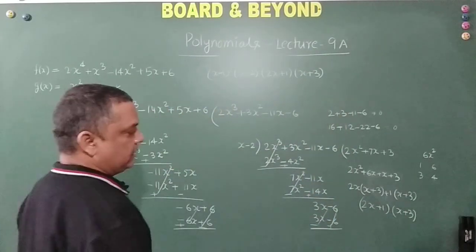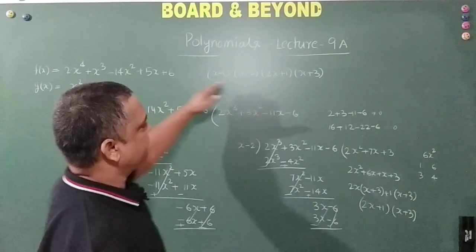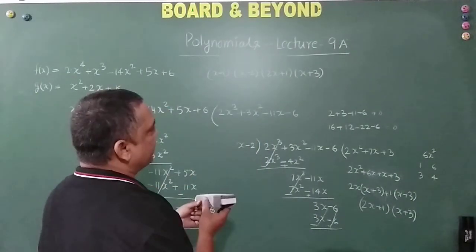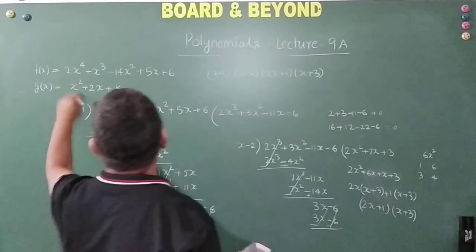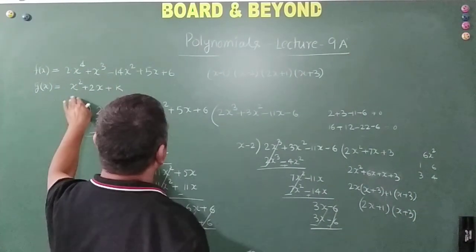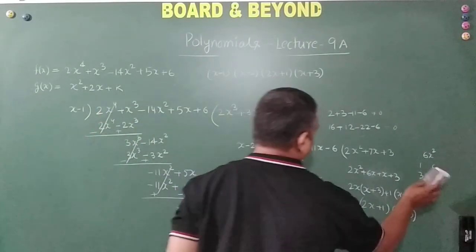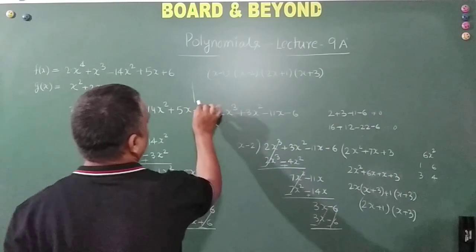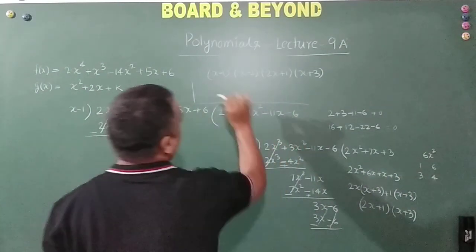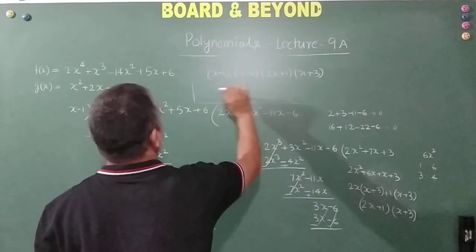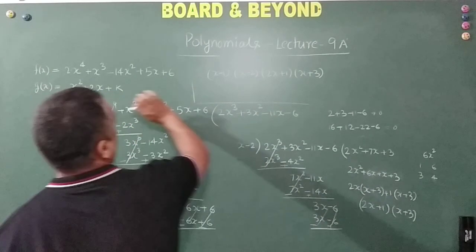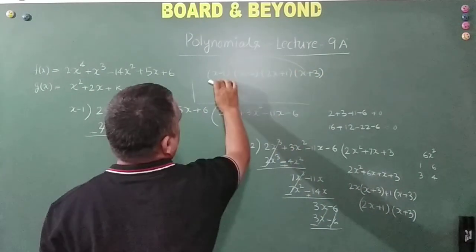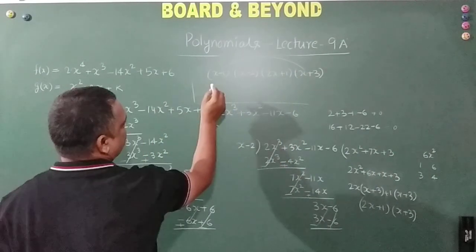Right? So now we have got 4 factors here. Now we have to wisely choose which two factors when multiplied will give me the quadratic polynomial of this kind. Okay? So let's do that also on the board only, here only. Okay? So it is plus 2x, right? So let's take x minus 1 into x plus 3.